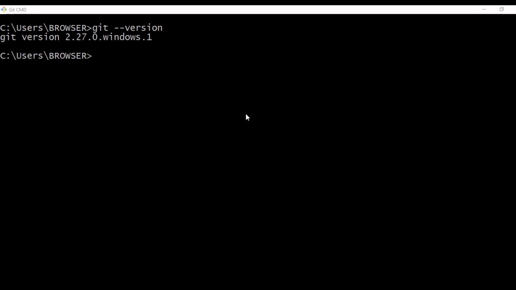Once this is confirmed that our Git is installed properly, we will go to our project folder in Git, which is there on our local machine, because we already have created a Git repository using GitHub for the Katalon Studio project. If you do not know how to create a Git repository and how to commit the project or clone the Katalon project to the Git repository, please go through my earlier tutorials about Katalon integration with Git.